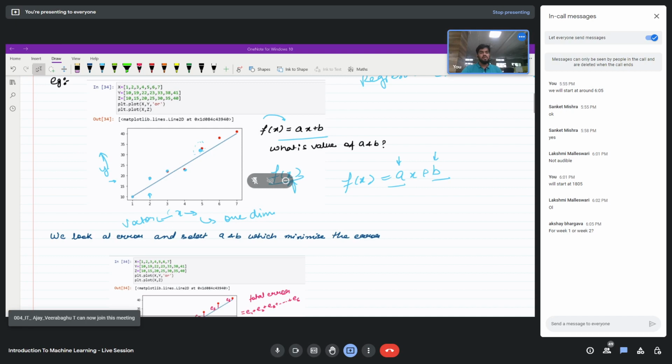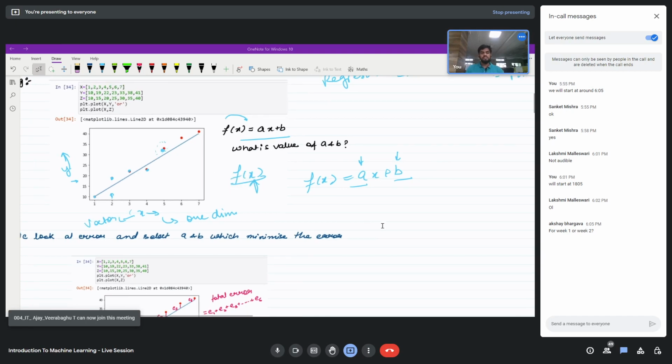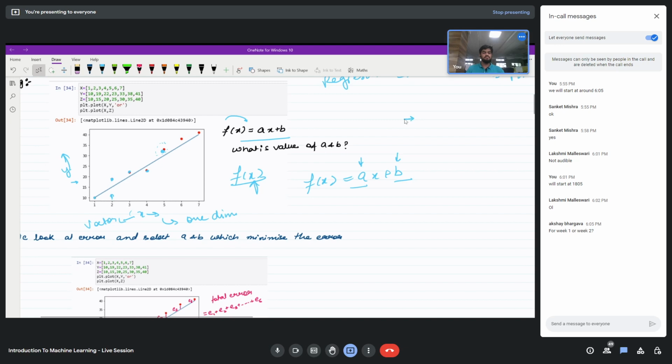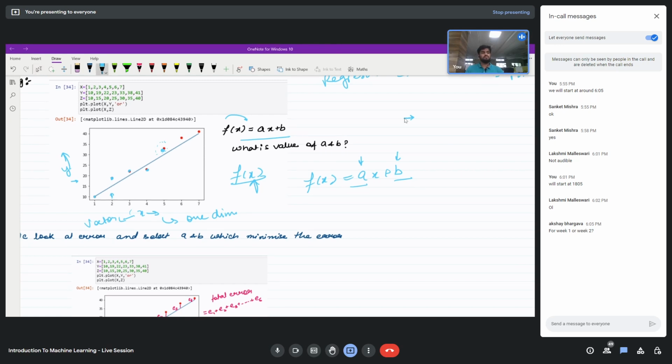Now, this linear function might seem very easy and a simple function, and you might think that this might not